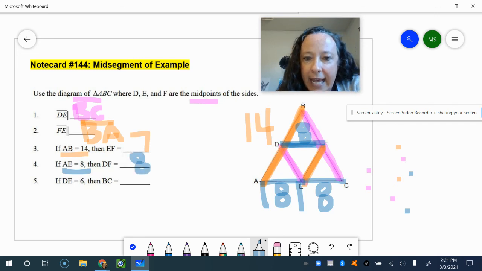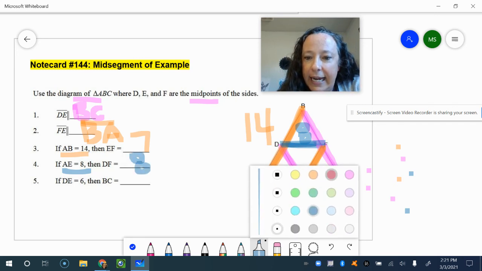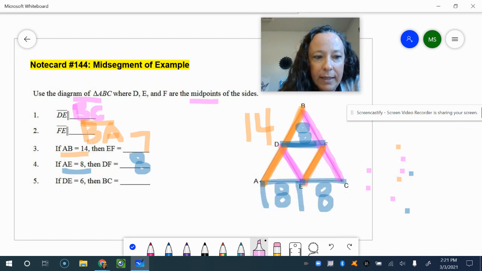Tricky, tricky. And then it says if DE right here is 6. If DE is 6, what would all